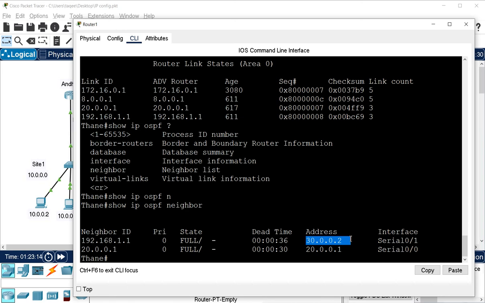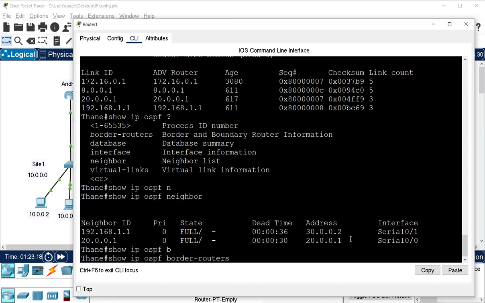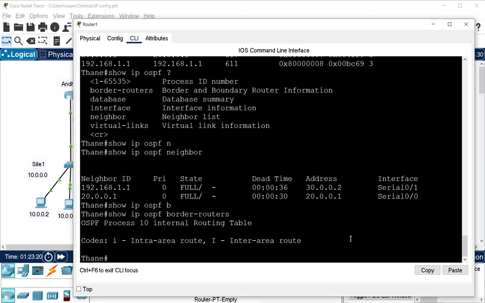Then we can check the border router also, if we have any border router. Right now we don't have any border routers, because we don't have multiple areas. We have only a single area, and that is area 0. So right now there is no border router showing here. If it shows the border router, then it shows lowercase i for the intra-area route and capital I for the inter-area route.